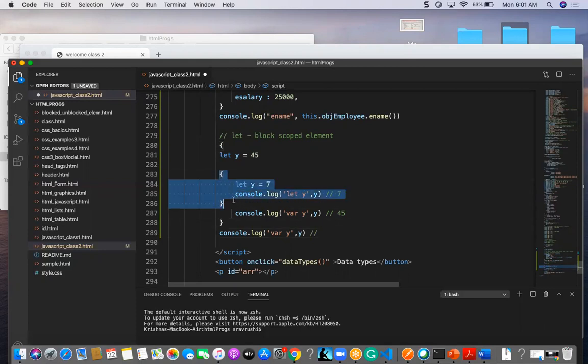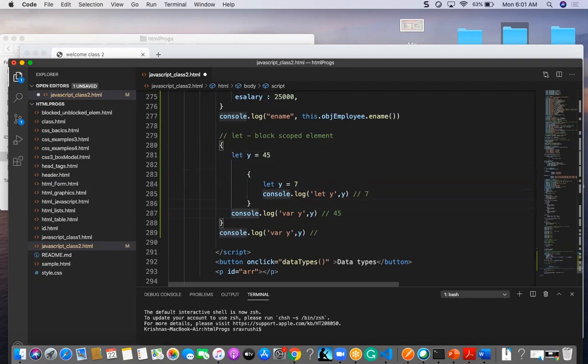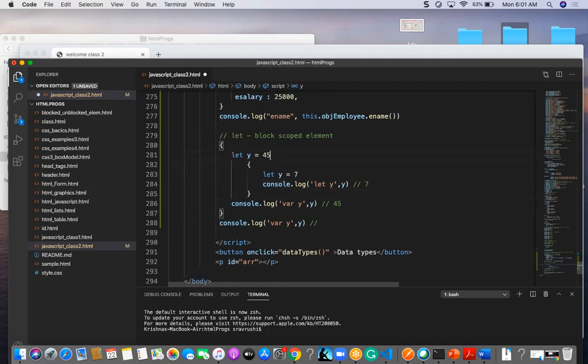So the first one is 7, and the second one is 45. Why? Because I have this let and it is declared, and again the scope of the let is getting ended here, and this value will become undefined.